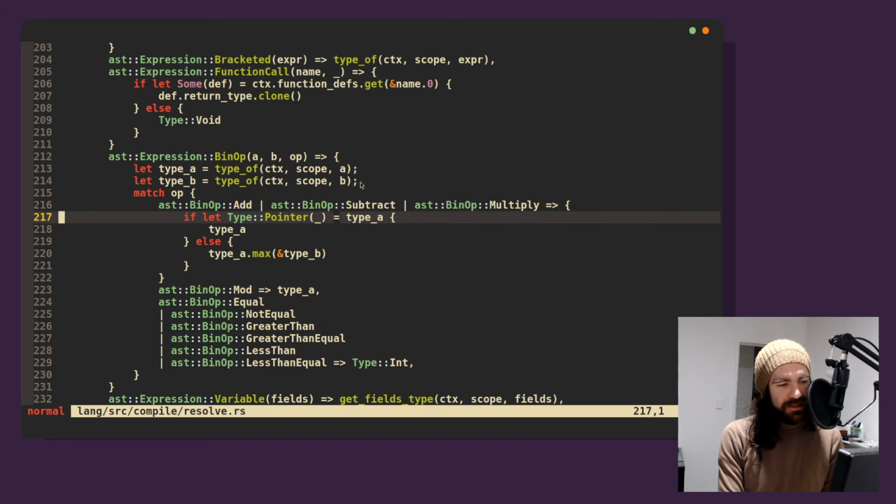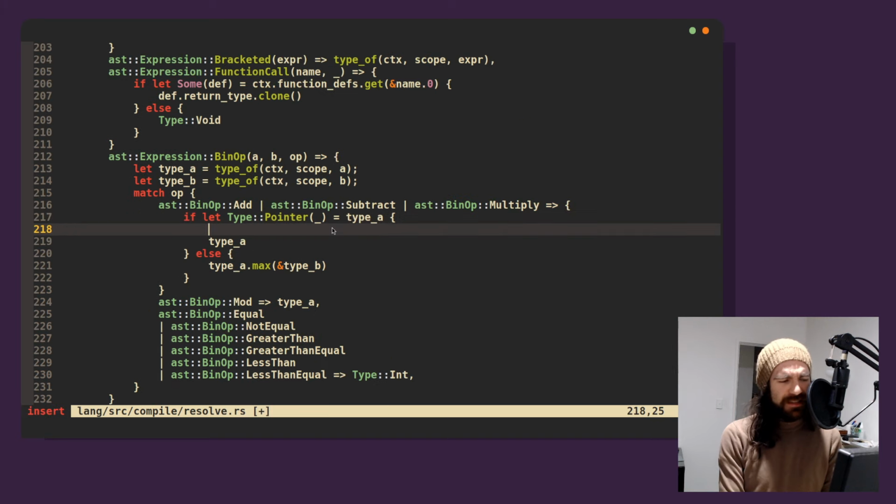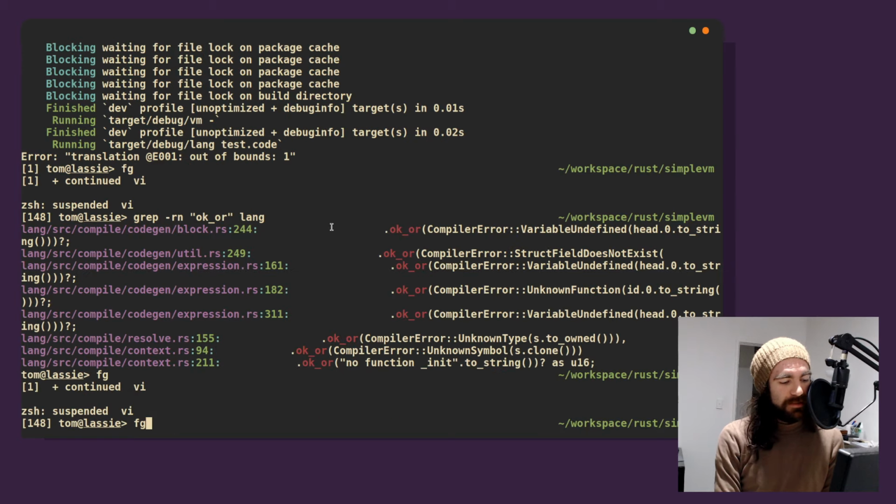So the first thing we see should be, and let's do the dumbest possible thing here, let's just put a println. Let's say found binop. Let's just do the dumb thing. Let's debug print.